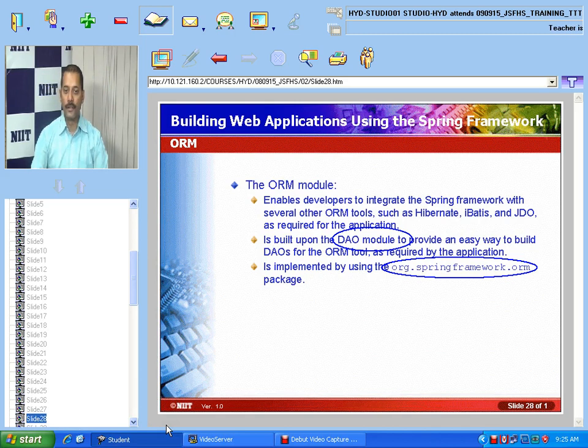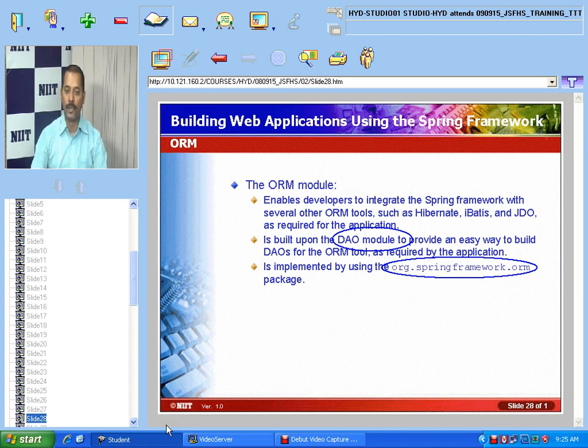All right, very nice. These are the few things we can talk about, and this supports loose coupling of the application objects. It enables you to separate the application logic from the system level services called cross-cutting concerns. These are the few things we talk about regarding your AOP module. At the same time, you can apply enterprise services in your application with the help of XML configuration files and so on.